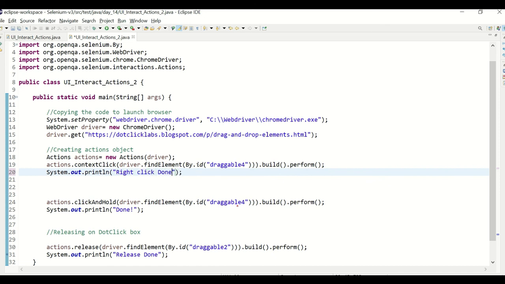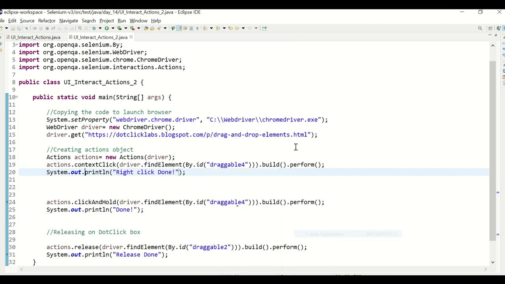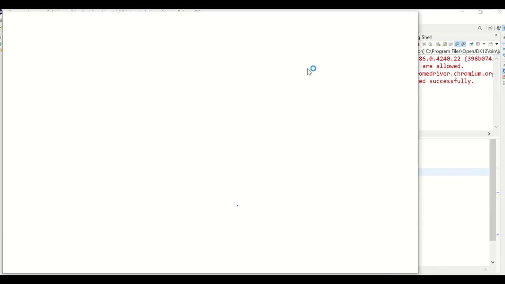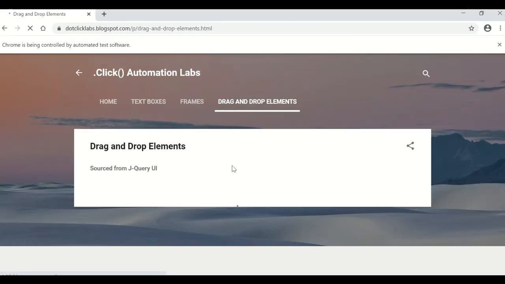You may not see this quickly, because as soon as you take the mouse over the right click, you cannot view it. So just observe this. Debug as Java application. Now it's executing.